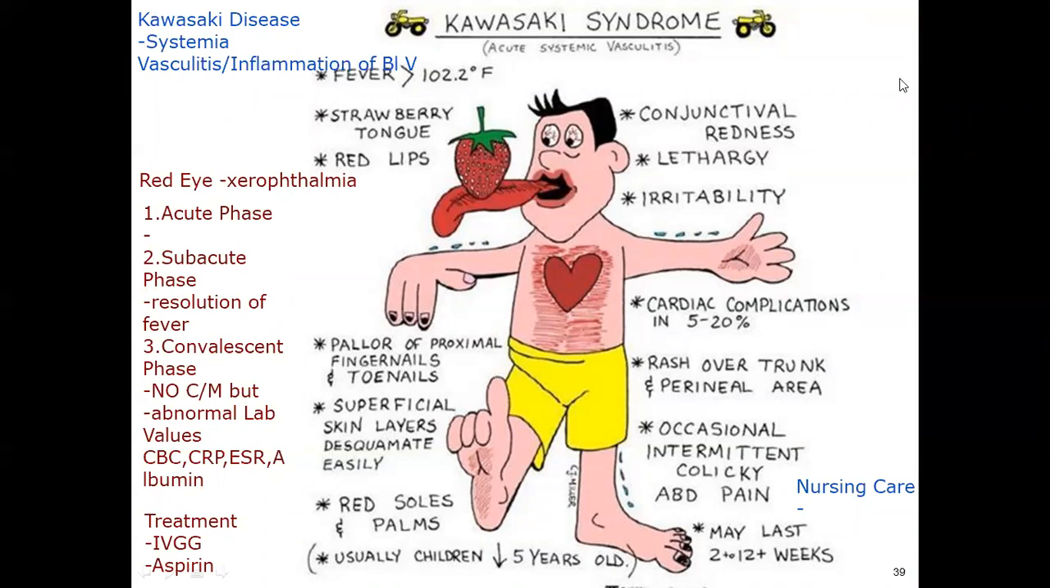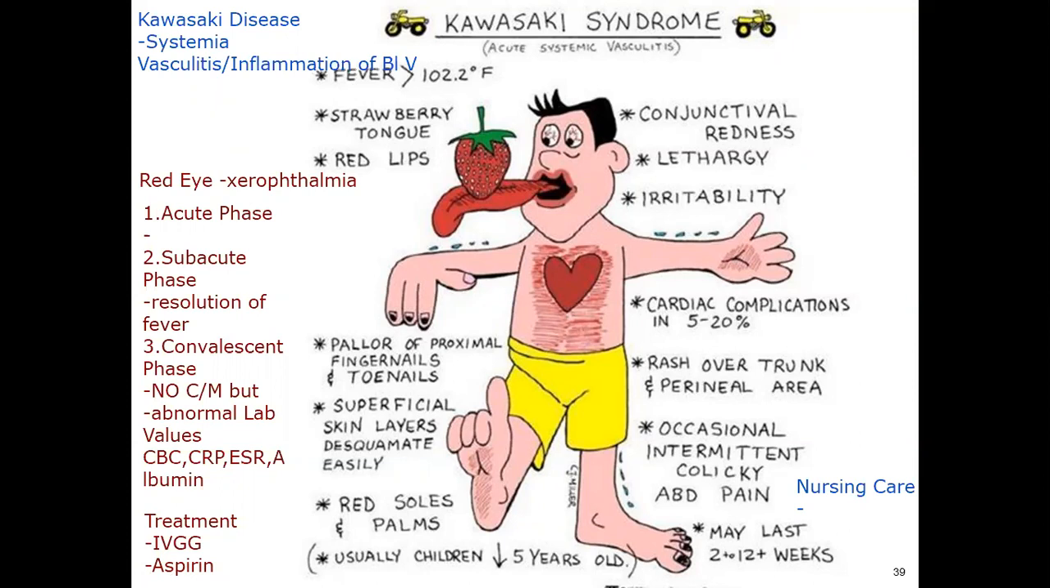Some books say it is also called mucocutaneous lymph node syndrome. But when inflammation occurs in the blood vessel, or when vasculitis develops, the patient presents with some of the signs and symptoms of the disease. The signs and symptoms